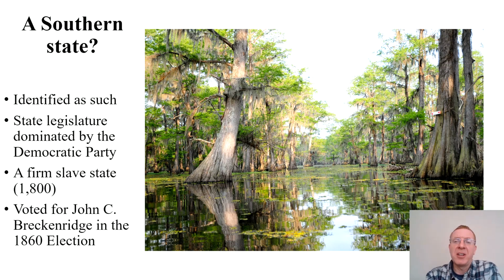And the state legislature was completely dominated by the Democratic Party, which of course was the party that was favorable towards Southern culture, Southern institutions. It was a slave state. Delaware, yes, a slave state. It only had 1,800 slaves by 1860. So it was the smallest slave state when it comes to numbers. But then again, it was also a very small state when it came to overall population. So 1,800, yeah, that's quite small. It's not entirely disproportionate compared to some of the other slave states when it comes to the percentages of overall state residents who are slave or free.